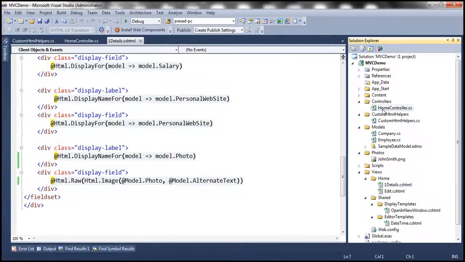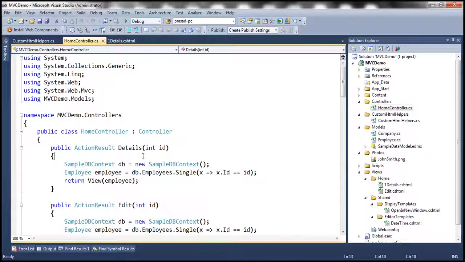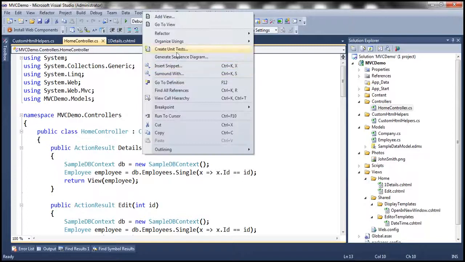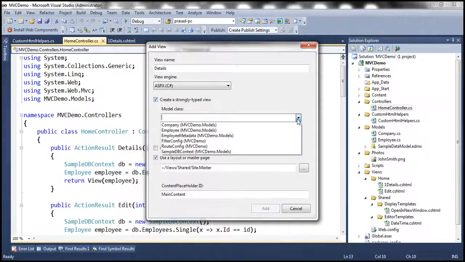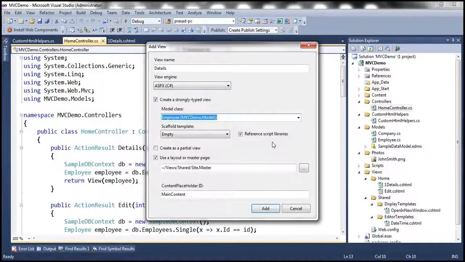Okay, now let's actually delete this ASPX, or rename this Razor view to something like details1, and then let's go to our home controller and add an ASPX view. So right click on the action method, add view. The view name is going to be details. We're going to make use of the ASPX view engine, and we want to create a strongly typed view against our employee model class. And let's select the scaffold template as details,